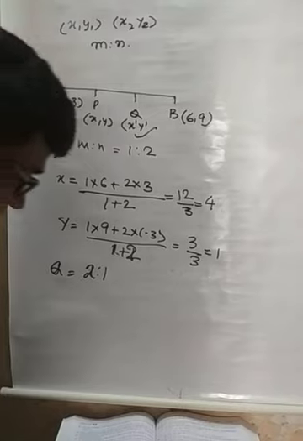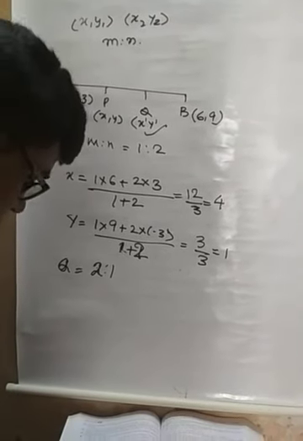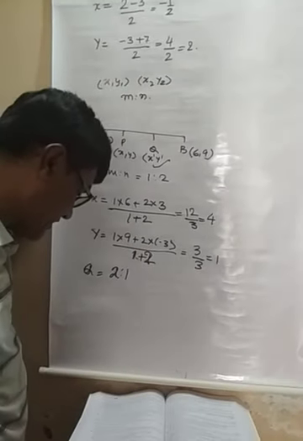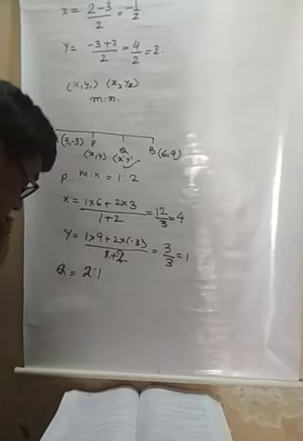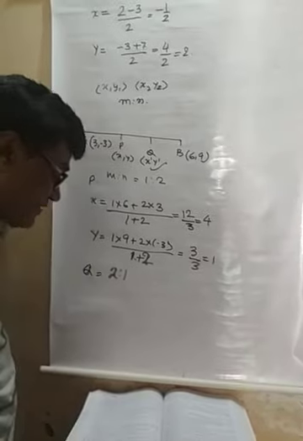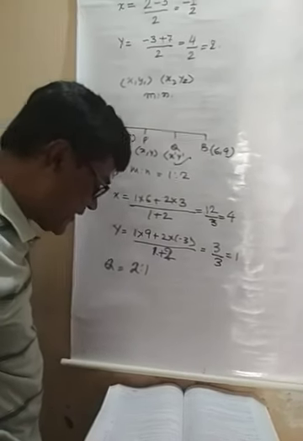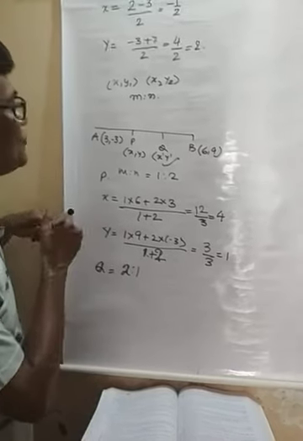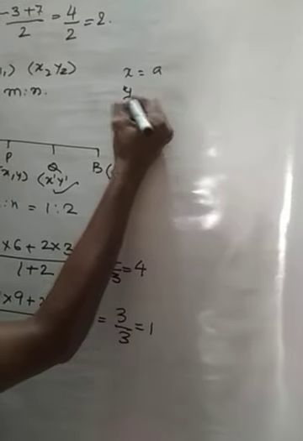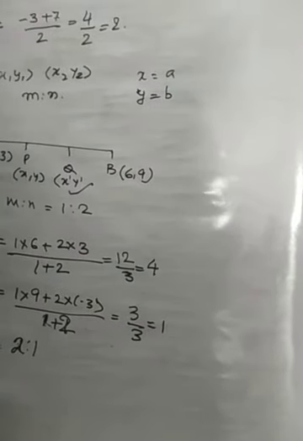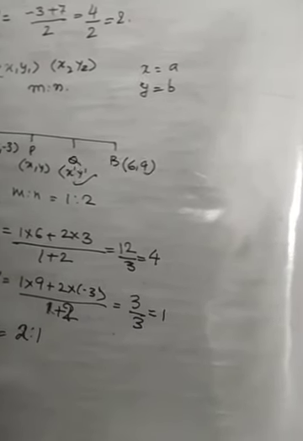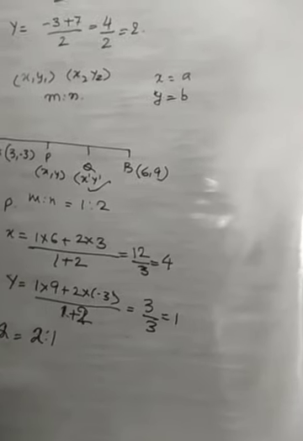Again, question number 4, second part is the same, that is trisected by. Question number 5: the line segment joining the points A, B is divided at point P in the ratio of 1 is to 2. Now, in this question also you have x1, y1, x2, y2, and m is to n. So first of all, you can easily calculate the value of x and y. You get the values of x and y, say x is equal to a and y is equal to b, and then just put the values of x and y in the equation 3x minus 18y plus k is equal to 0 and get the value of k.